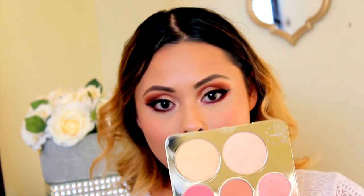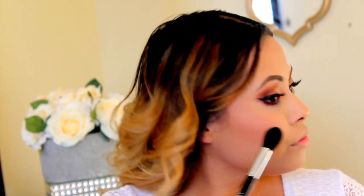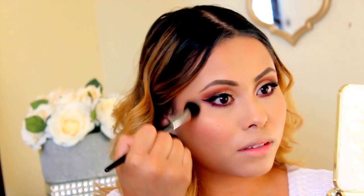So I've used Champagne Pop for the past year, but I actually want to go ahead and use Prosecco Pop, which is this little one, which is more of a golden highlight, one of my faves, especially for summer. So I'm going to go ahead and add a bit. And just to be a little extra, I'm going to blend Champagne Pop and Prosecco Pop and